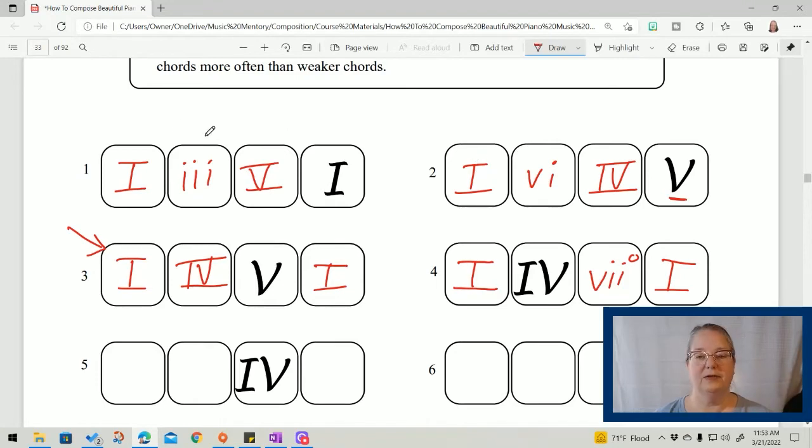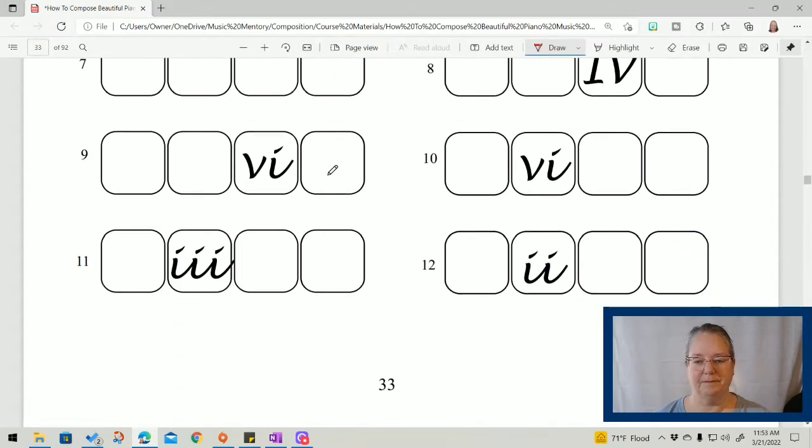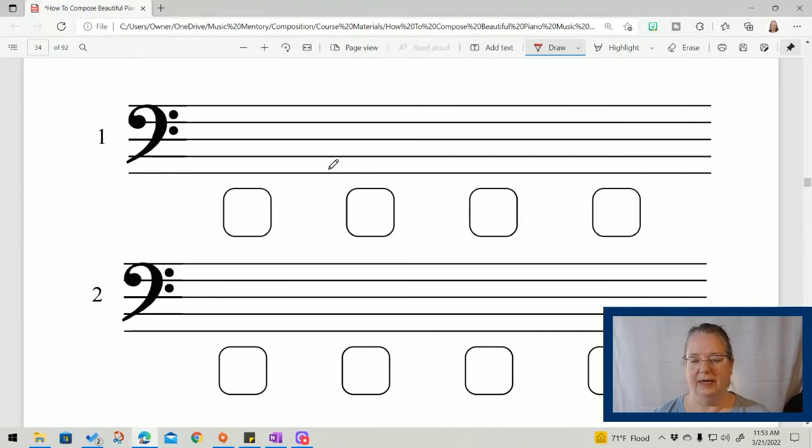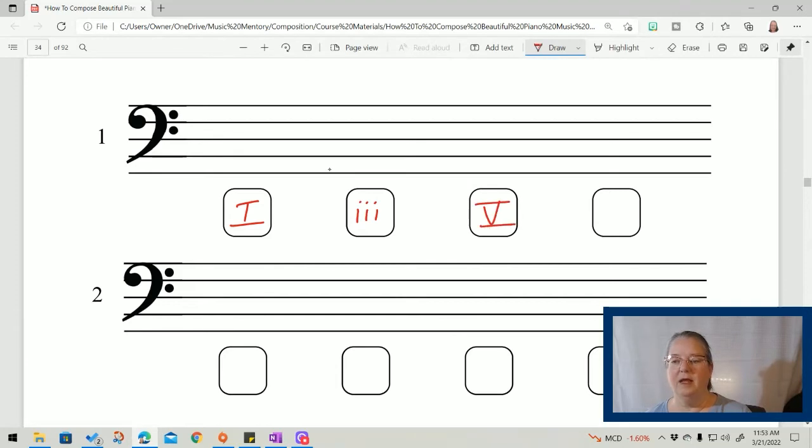All right, now we're going to write those out. 1, 3, 5, 1. Come to the next page right here. 1, 3, 5, 1. Okay, there are a couple rules that we're going to follow when we write it out